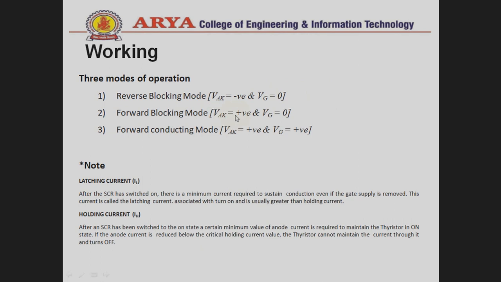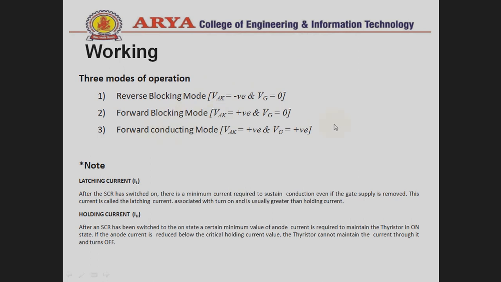In forward blocking mode, the anode is connected to the positive terminal and the cathode is negative, and in this mode we do not apply the gate voltage. So due to this, junctions J1 and J3 are in the forward condition, but junction J2 is in the reverse direction. Due to this reason, the SCR does not come into the on state because no current flows from the anode to